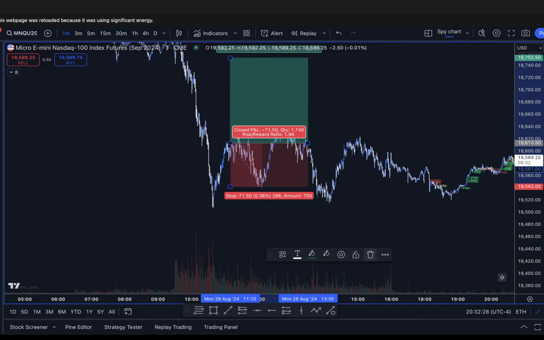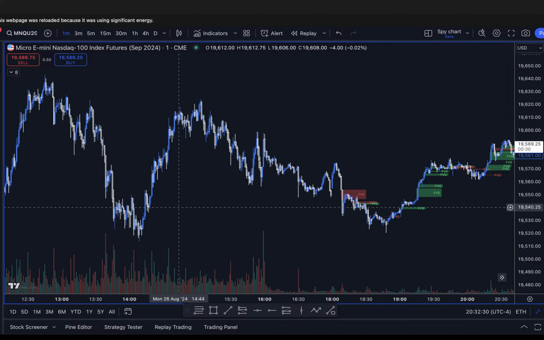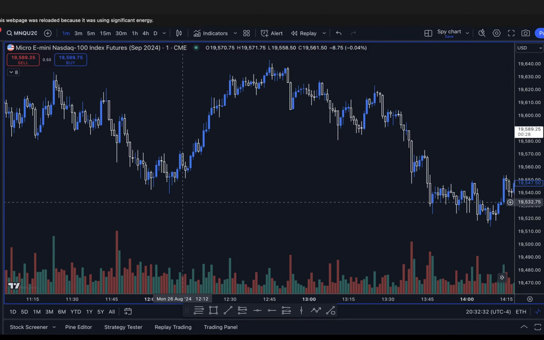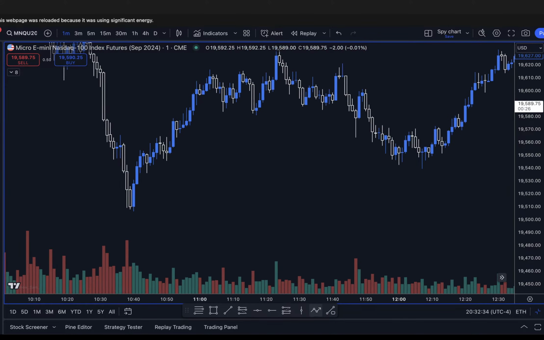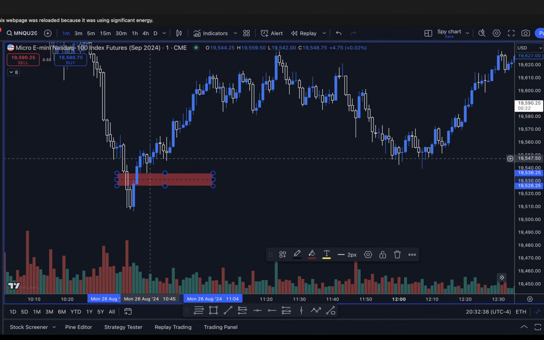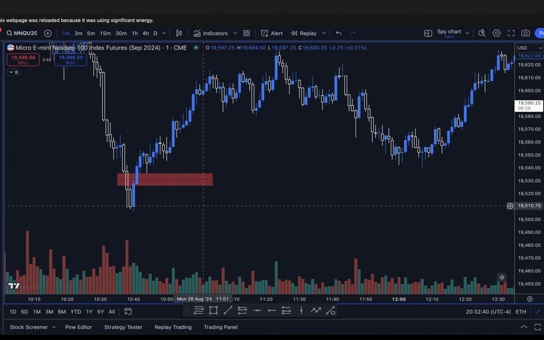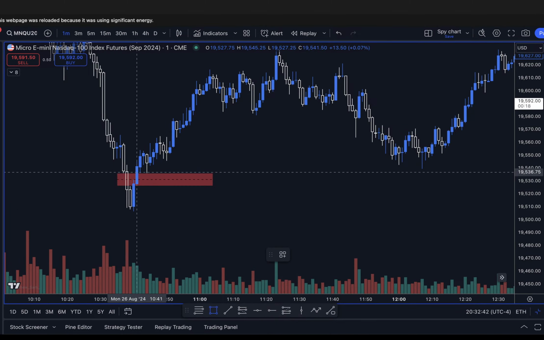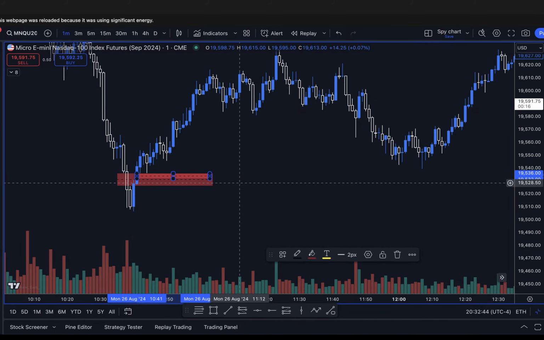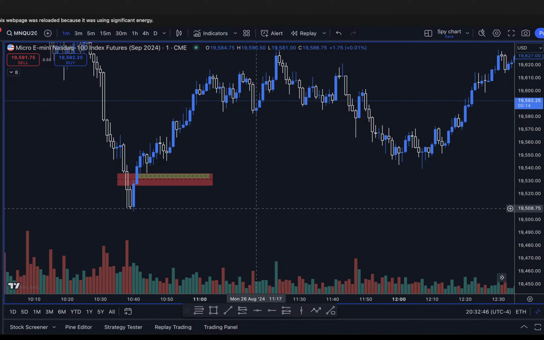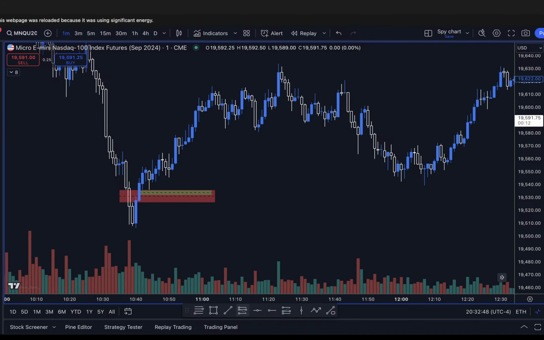we got a nice inverted fair value gap, and a lot of gurus took this trade. We got an inverted fair value gap that lined up with a beautiful fair value gap tap here. We got another fair value gap. You love it when they line up together like this. It's green. It tapped into it. This is the trade I should have took.